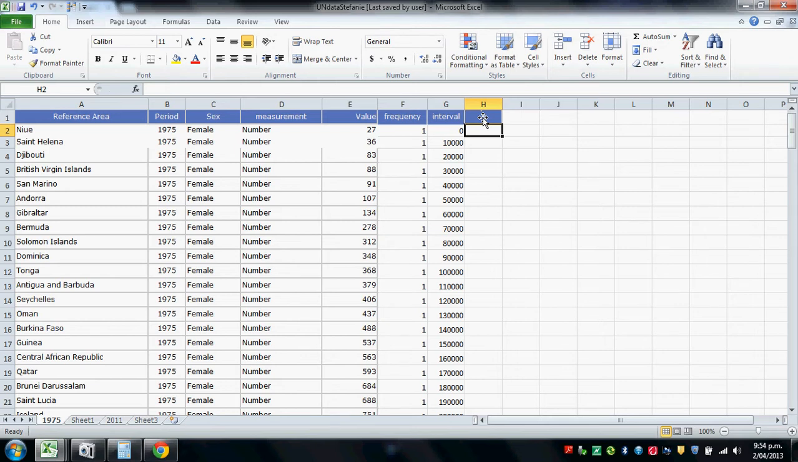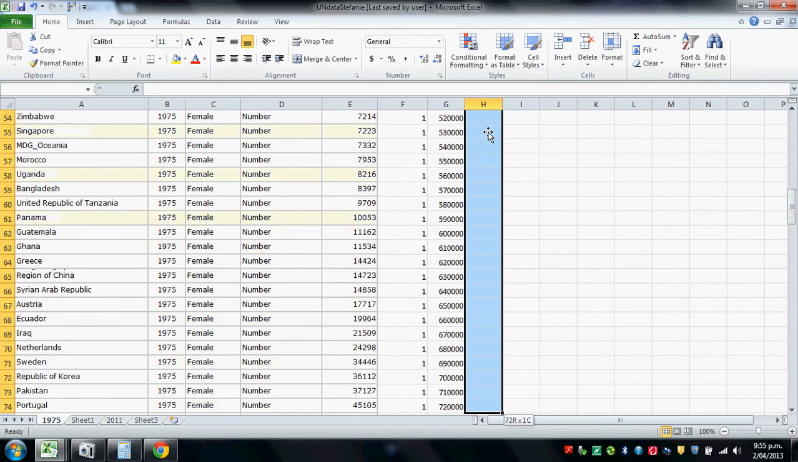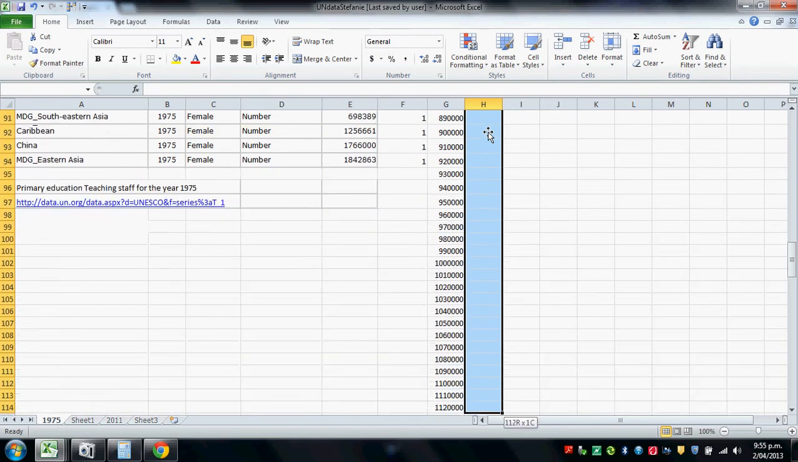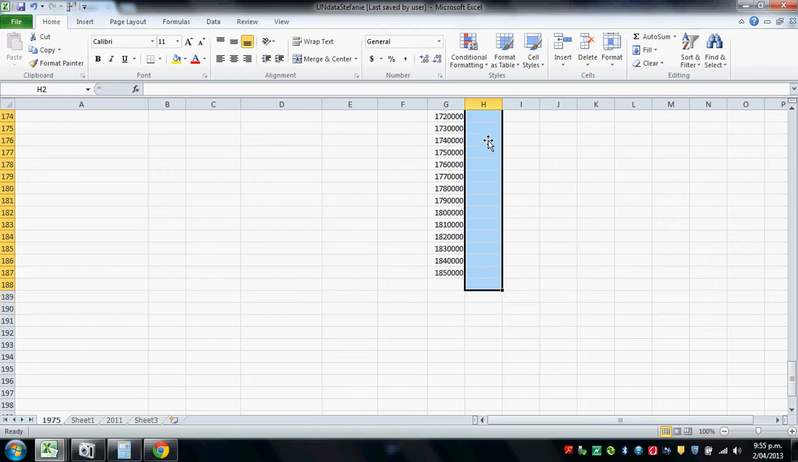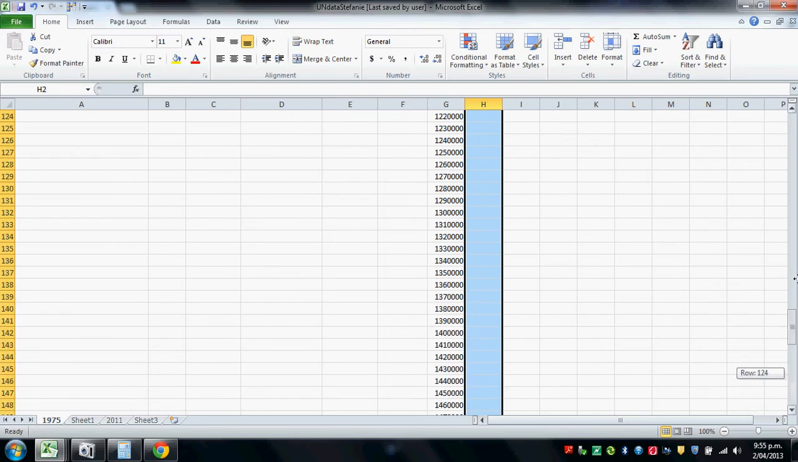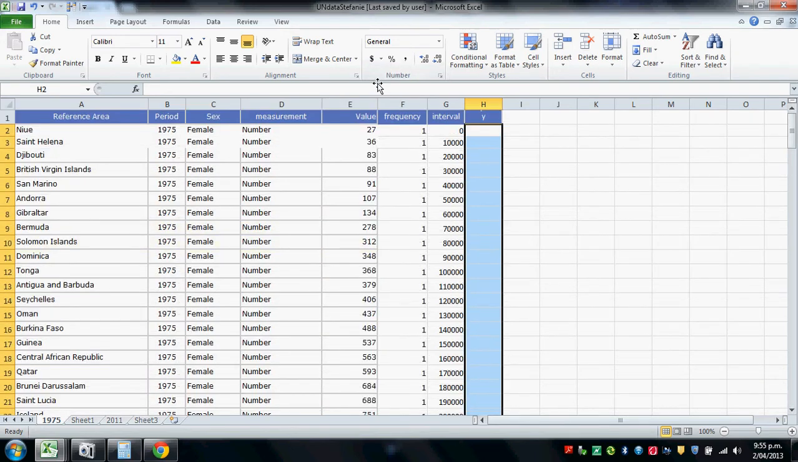And what we want to make sure we do is highlight the whole block, including just one past our final interval. And we're going to put a formula in, and the formula tells us the frequency that we have values in each range. So it's going to equal frequency